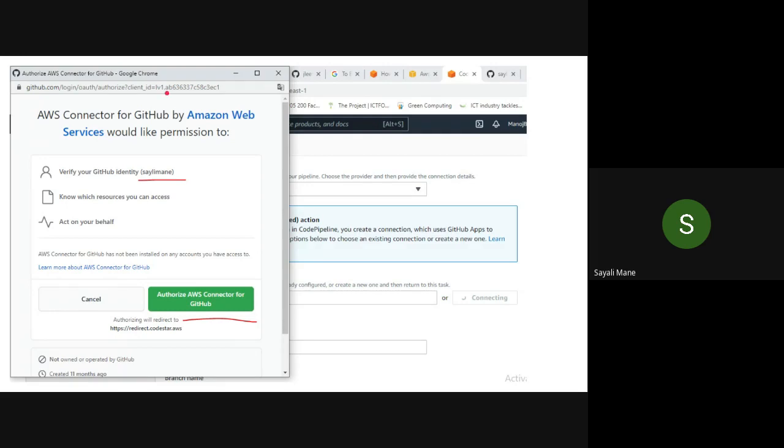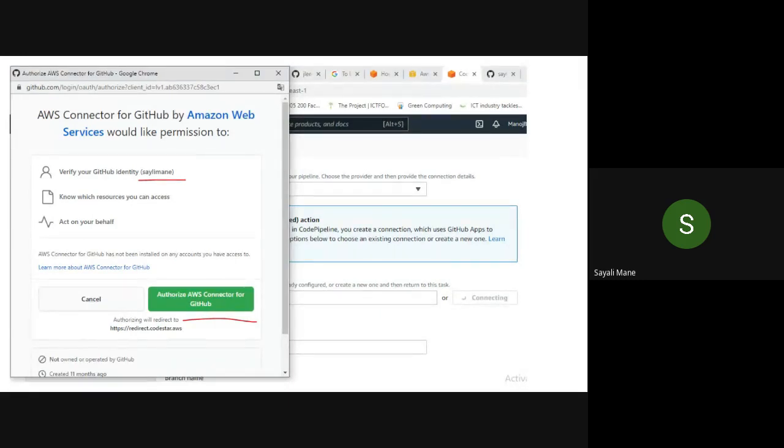See, mine is Saili Mani, the GitHub login name, this one. So open your GitHub account. What is your username on the GitHub account? Open your GitHub account, click on the profile. Under that, you will get a message as signed in as something. Your name will be there. So simply copy that name in the respective credentials.